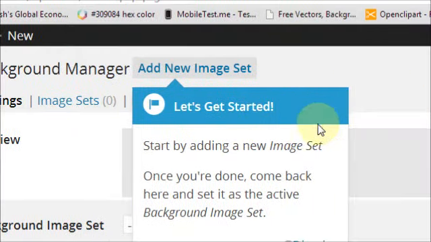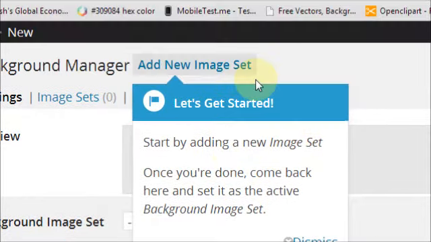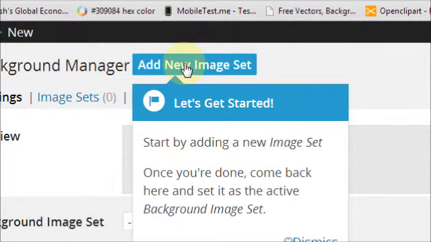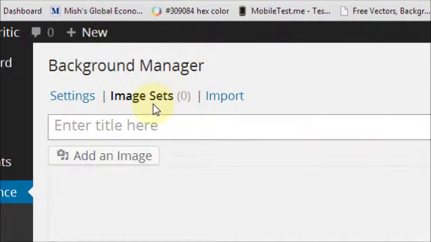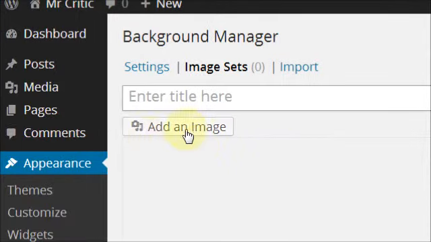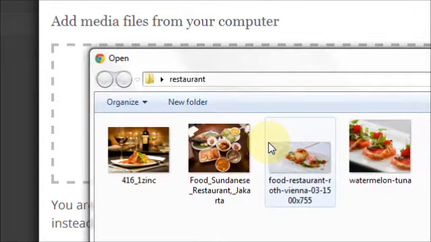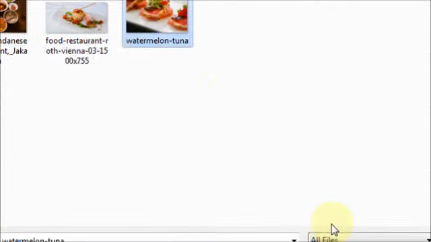And it actually prompts us with "let's get started, and once you're done, come back. Start by adding a new image set." So I'm going to click on the prompted button here and add a new image set. All I've got to do is add an image here, and I'll select a file, and I have some here already. There's one,